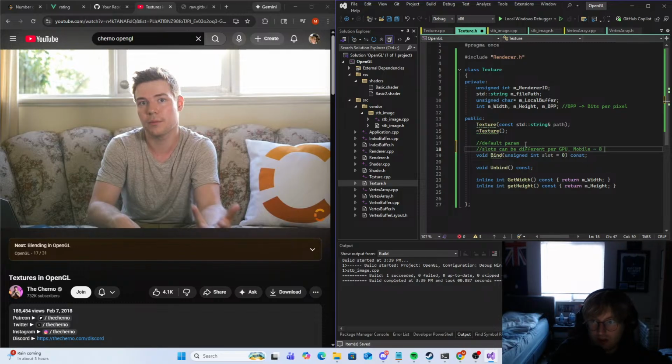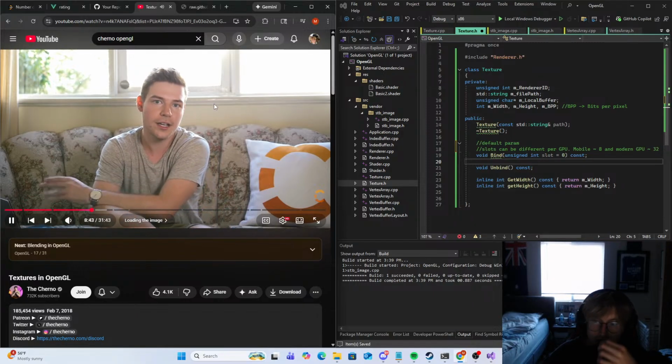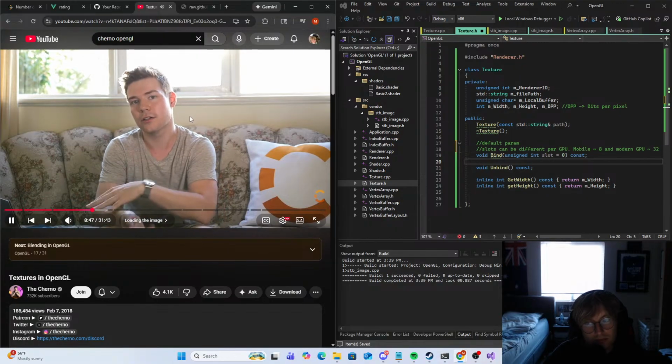Mobile can have 8. Modern GPU can have roughly 32. I don't know, just some notes. It depends on the implementation of OpenGL. You can always ask OpenGL, hey, how many texture slots do I have? But just to give you a rough ballpark